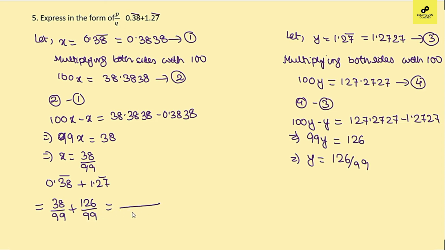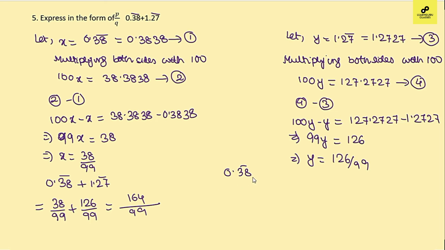If you take the LCM, this comes as 164 by 99. Now one shortcut I will tell you for this type of sum: if there is no other digit before the decimal, like here 0.38 bar, no number other than 0,